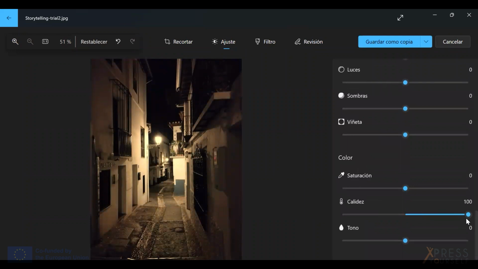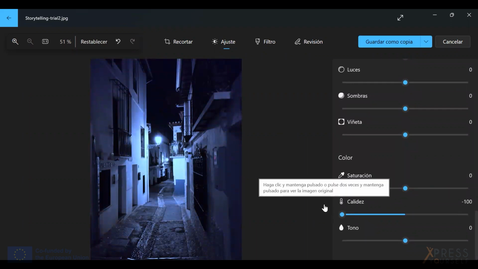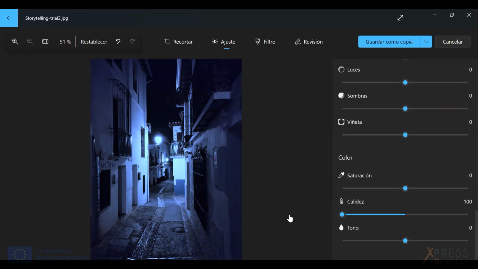So you see, I can make it a bit more yellow and more blue, right? So it has a different name here, and that is something that you will have to learn with time by trial and error. By trying once and again with the different programs, most of the times they have the same tools with different names. So here it is called warmness or so, and it is the white balance.